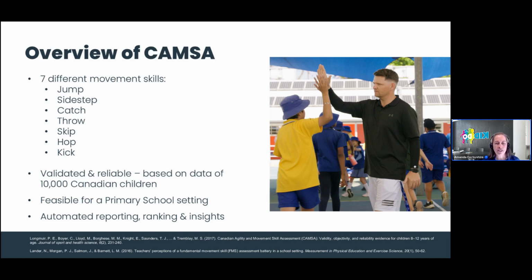And it will actually be very interesting in Australia, because this will be the first time it's used on a widespread basis in Australia. I know there's been a number of schools using it, particularly in Victoria, up to this date. But it'll be very interesting to see how the Australian children compare to the Canadian children. But that's probably more a research project and something we'll look on with interest this year. So it's been built into the Kiddo website just like the FMS assessment. So it has automated reports, both progress and percentile reports, and we'll talk about that more next week. There's insights into how the students compare to students across Australia, and they also get given a ranking.